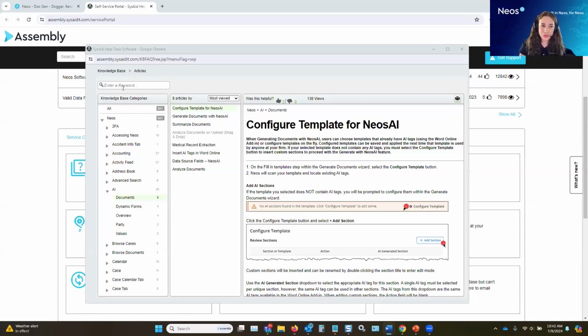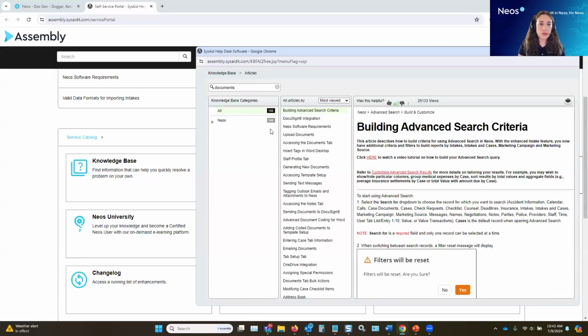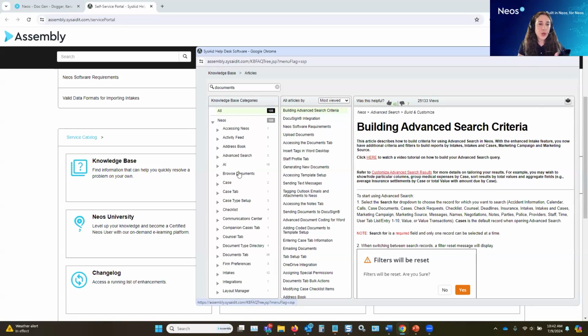So this search, and so I'm just going to bring this over here so you can see both options. We do have this search on the support portal, but I myself like to use the search inside the knowledge base because this will search the knowledge base as well. But right here, when you search, just as an example, for documents, it will show the total number where documents lives. But then if you drill down, you'll be able to see where documents lives